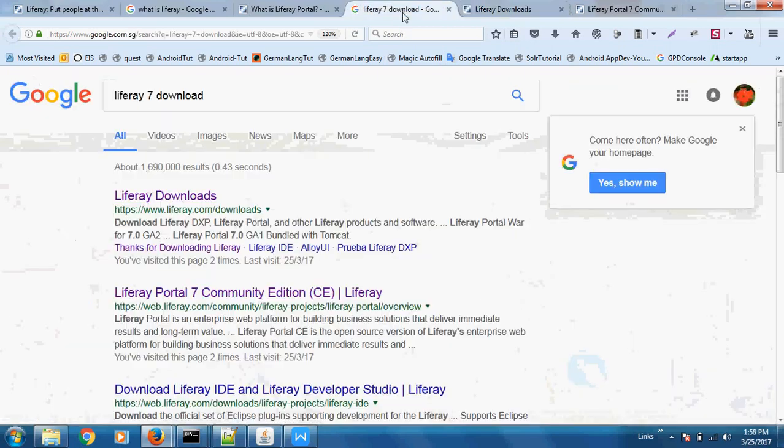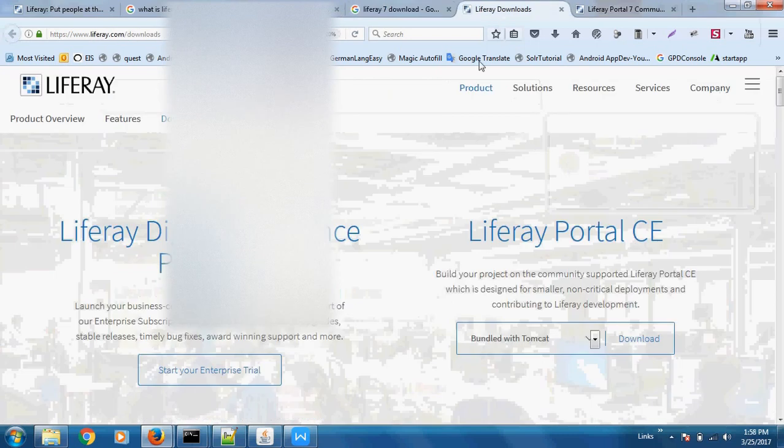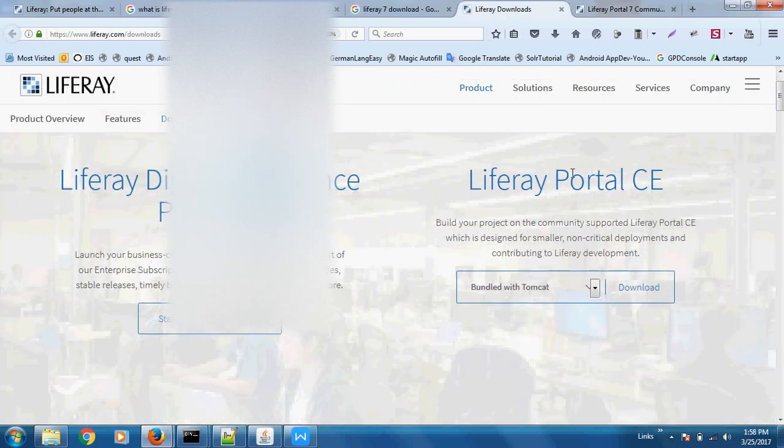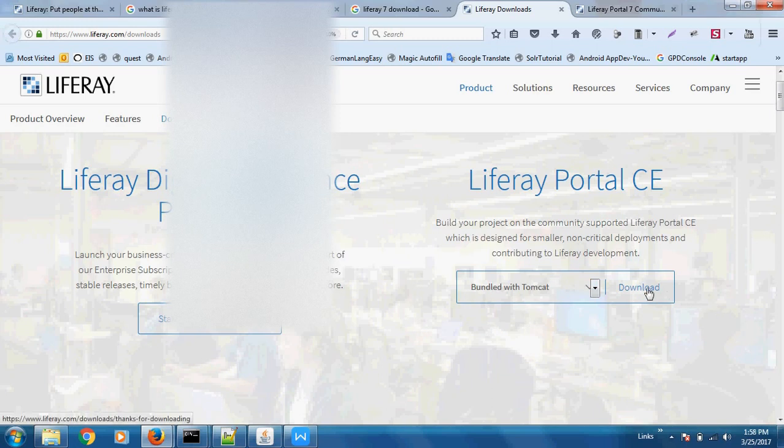On clicking the very first link, the Liferay downloads, you will be pointed to this page where you have Liferay Portal CE, where you can download the Tomcat bundle or other bundles. From here you can also download the Plugins SDK, but we want to download this Tomcat bundle.